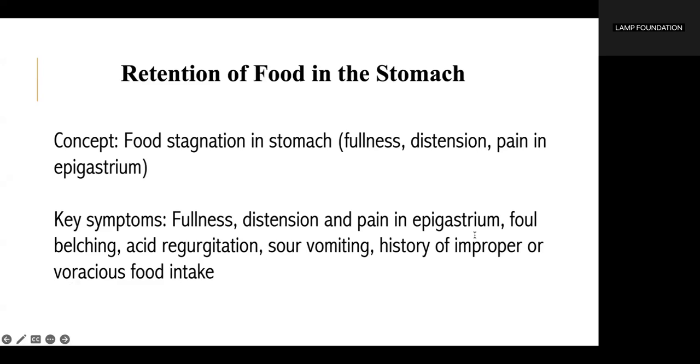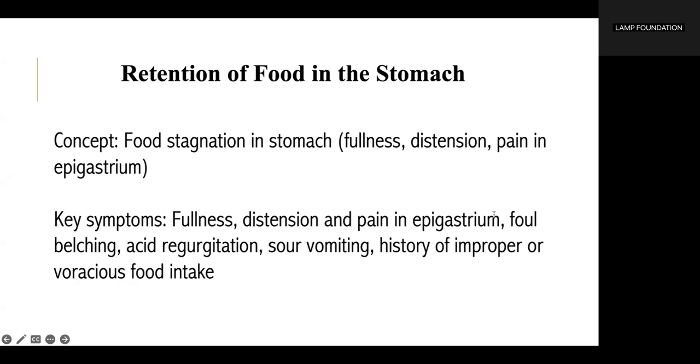The foundation of food stagnation is often laid as early as the first year of a person's life. This will be the case if there was an improper diet and if the baby was repeatedly fed before the stomach had been emptied of food. Concept: this is due to food stagnation in the stomach and manifests as fullness, distension, and pain in the epigastrium. Key symptoms: fullness, distension, and pain in the epigastrium, foul belching, acid regurgitation, sour vomiting, and a history of improper